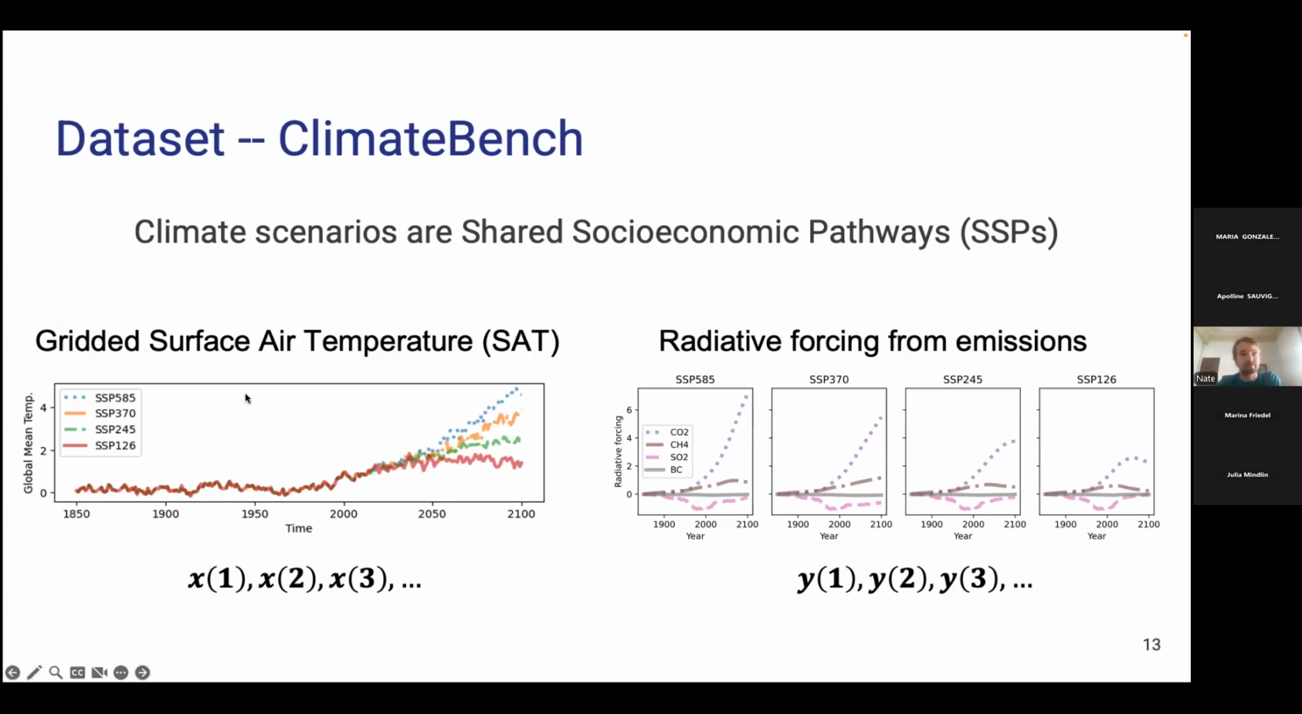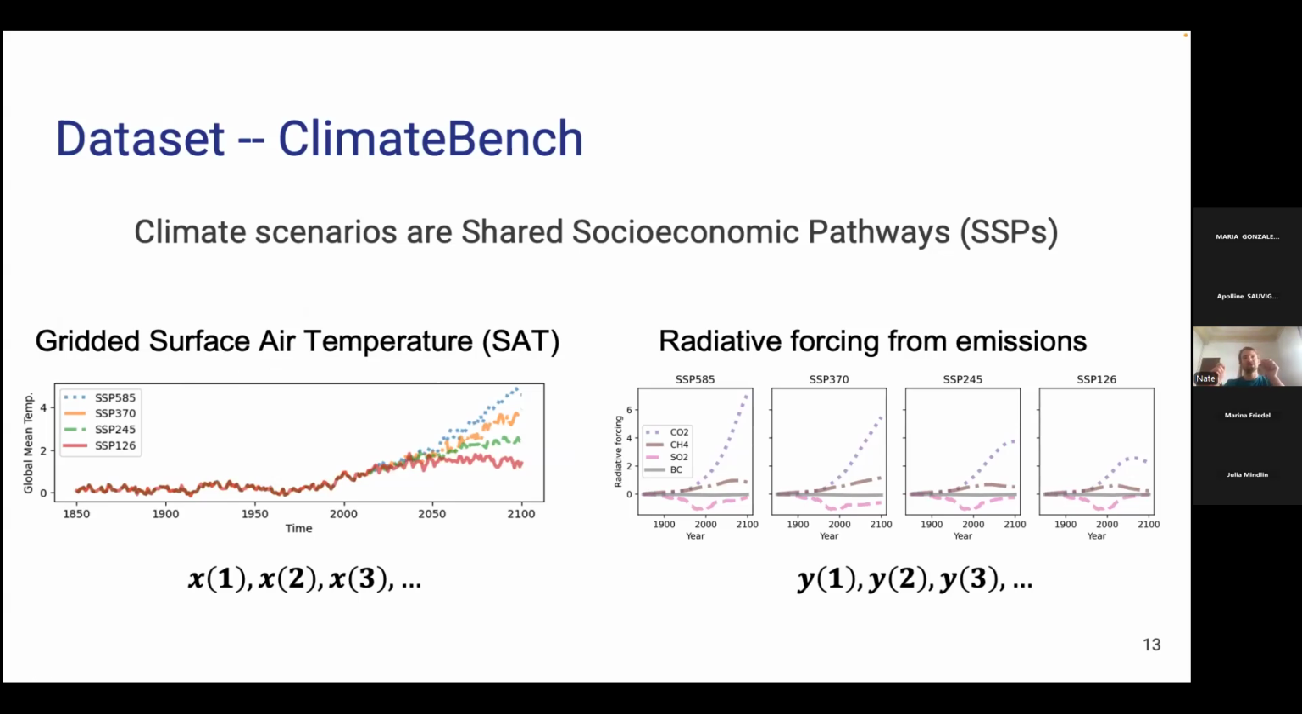So let's look at an example. This is one climatological variable, surface air temperature. And Climate Bench has this variable at approximately a 2-degree gridded resolution globally. Here I just plot the global mean, but really the data I'll be working with is like an image